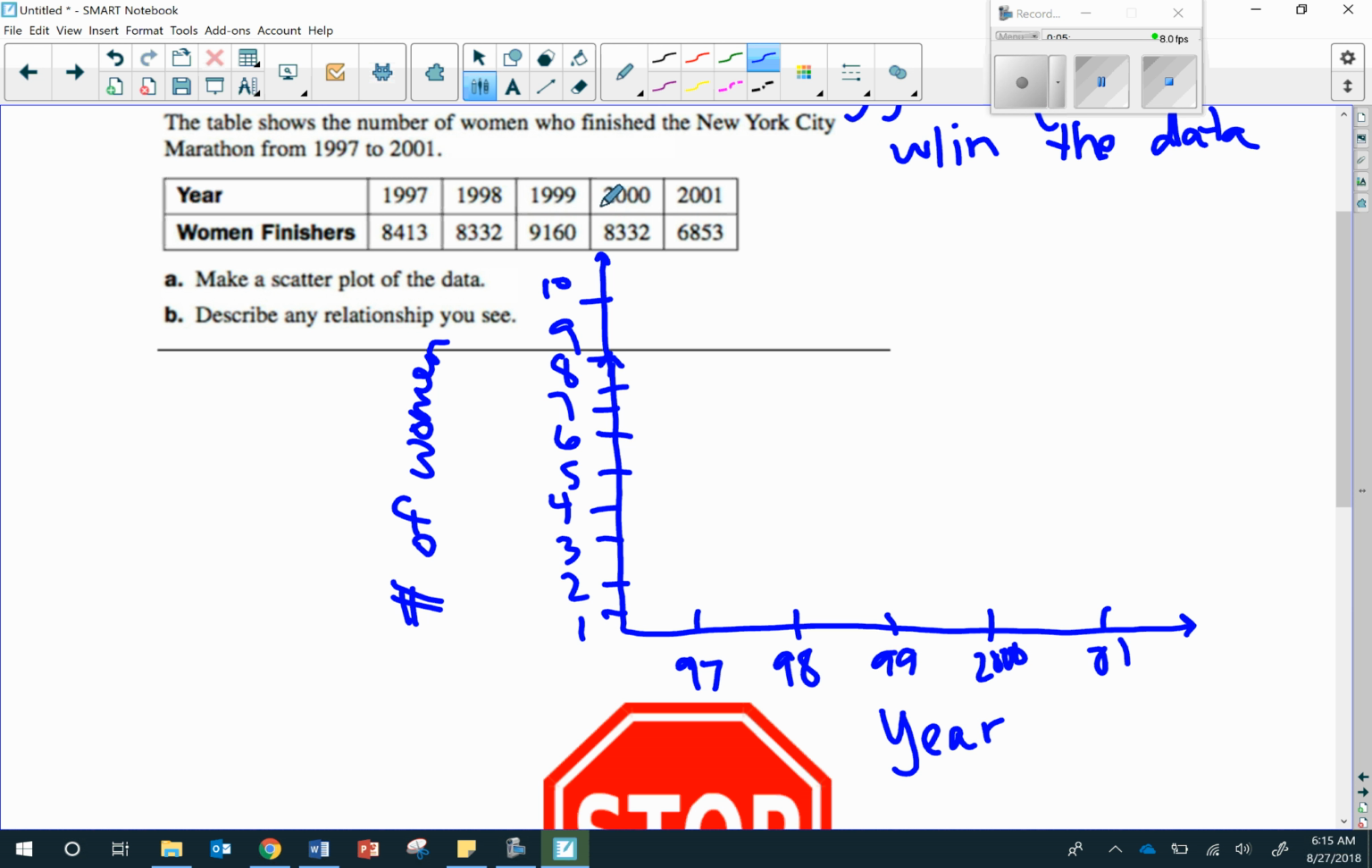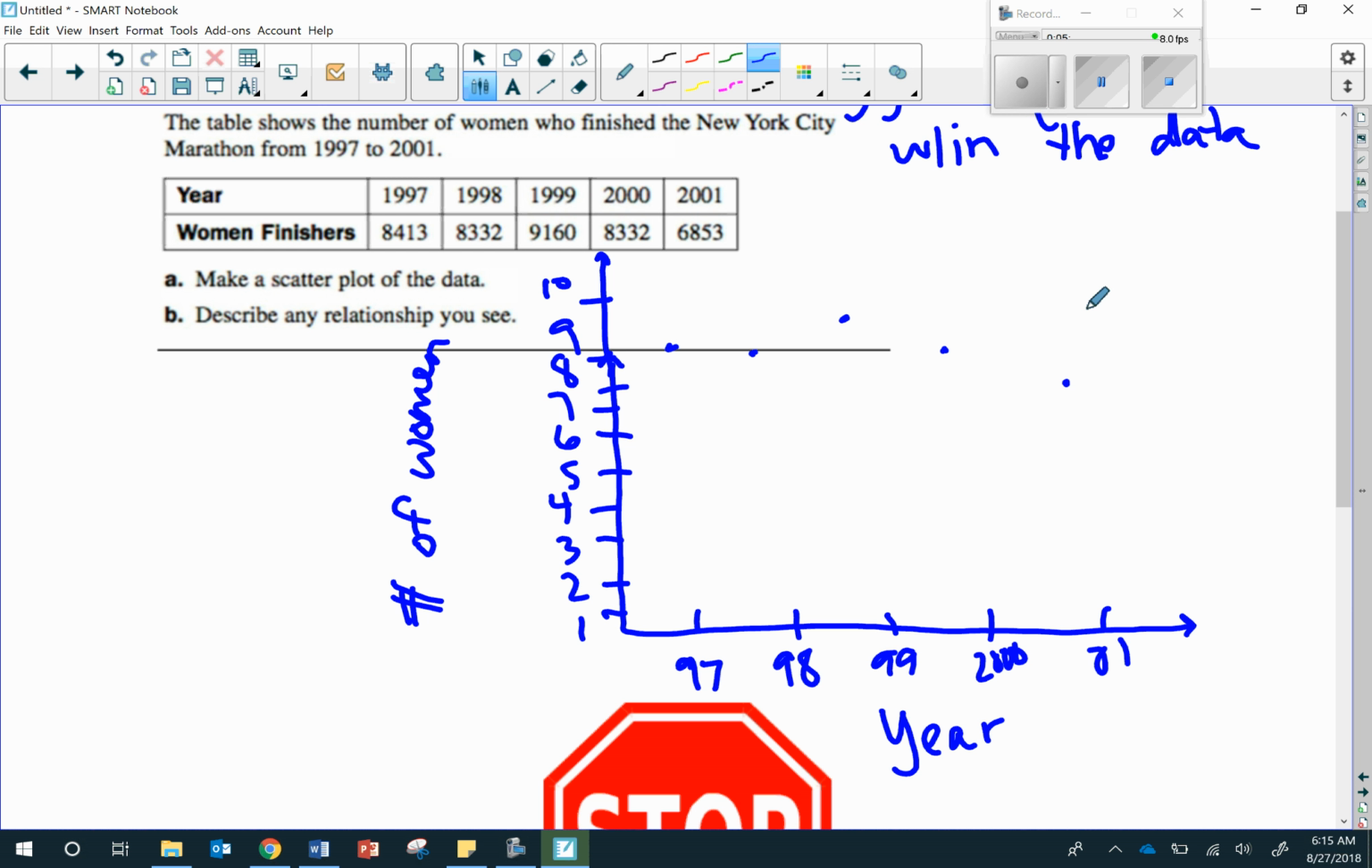In 97, there were 8,413, so I'm going to plot that point there. 98, just a little less at 8,332. 99, we jumped way up to 9,160. In 2000, we dropped back down to 8,332. And in 2001, we came down even further, just under 7,000,